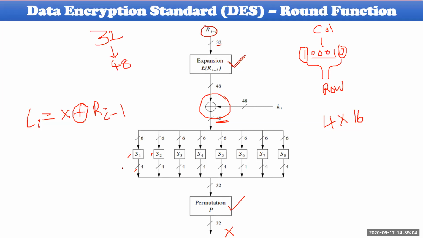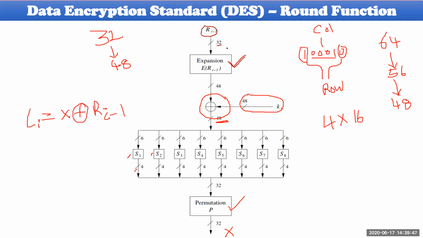What is the question, sir? How will the elements be reduced? The 48 to 32 reduction is not there. Initially your key will be 64 bits. 64 will be reduced to 56, and again 56 will be reduced to 48. So there is no reduction of the key from 48 to anything smaller. It could not be done here.